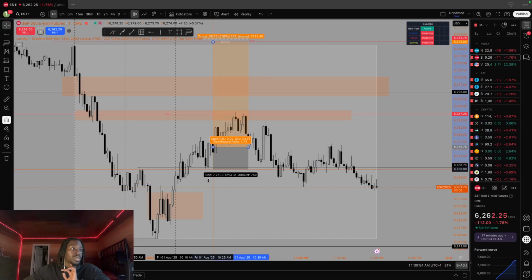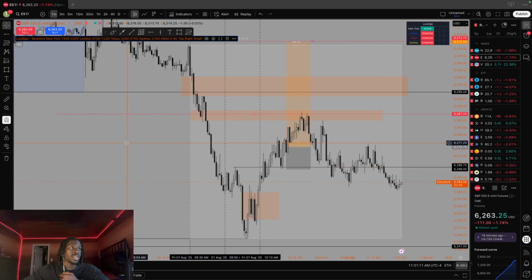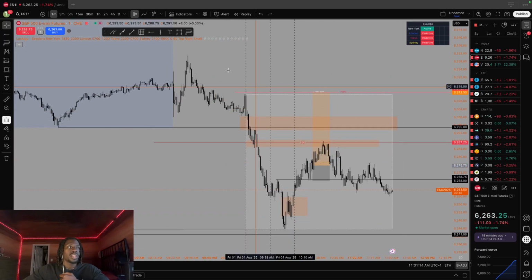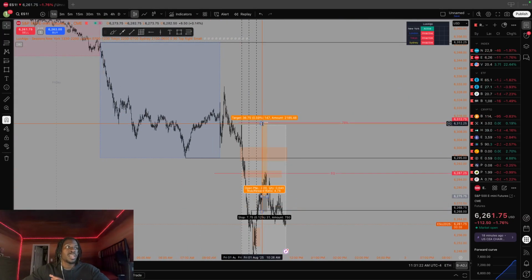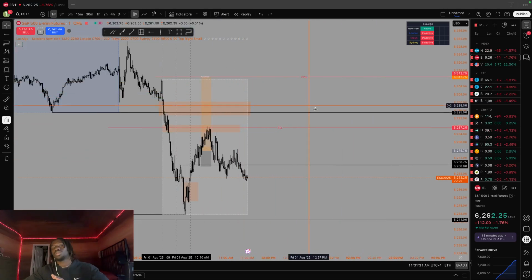My stop loss was below these lows because I didn't want to keep it any wider, that's just insane. So I kept my stop loss underneath these lows because we were honestly close to equilibrium within this whole price range, which was what I was really targeting. I didn't really care to take out London highs. I didn't care for all that. I was like, okay, I'm gonna target equilibrium and the 79% extension,